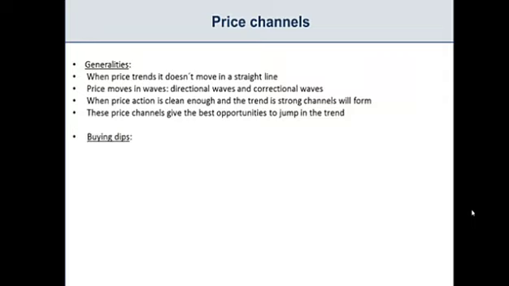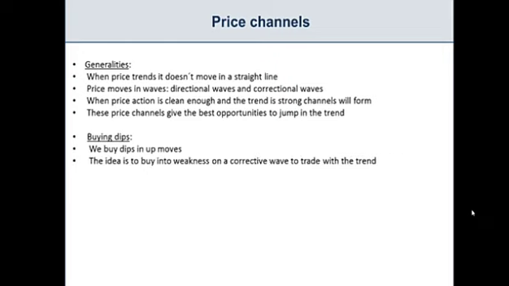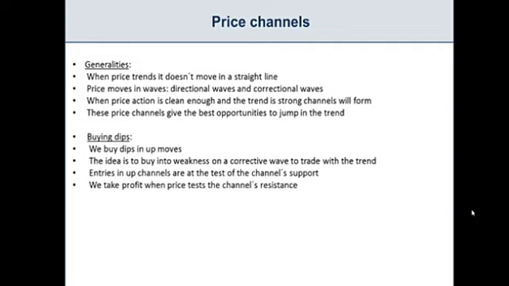Now, the first thing we need to learn is how to buy dips. We buy dips in up moves. Buying dips means that in an up move, price will correct the opposite way. When price corrects to the downside, we call it a dip because price is dipping. And in this case, we're going to buy those dips. The idea is to buy into weakness on a corrective wave to trade with the trend. Entries in up channels are at the test of the channel support, and we take profit when price tests the